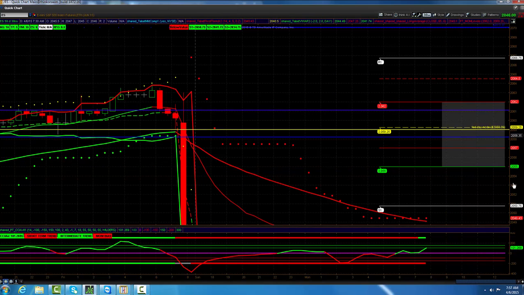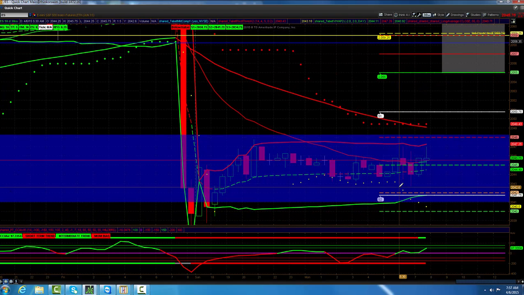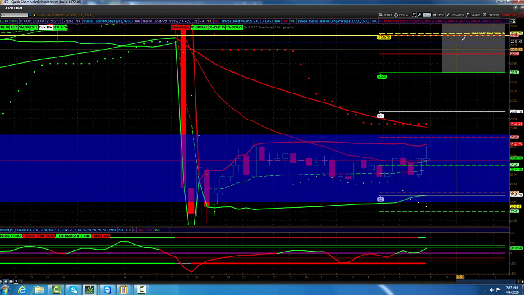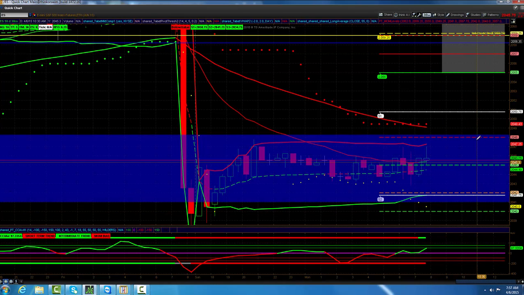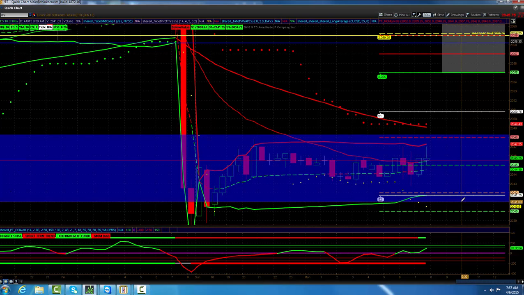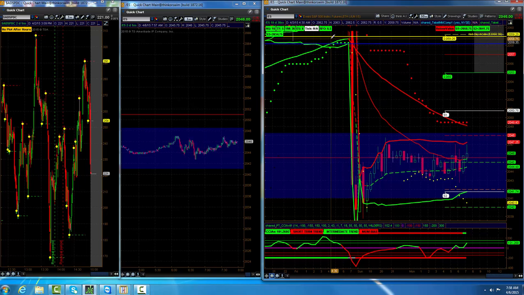So obviously we are opening outside of the range, and there are statistics that say there's less than a 35% chance that we will go back and test yesterday's mode. Like I said, 2042 will be our bull bear zone. I've got the bottom of this channel at 2041, and I have a negative bias on the ES.